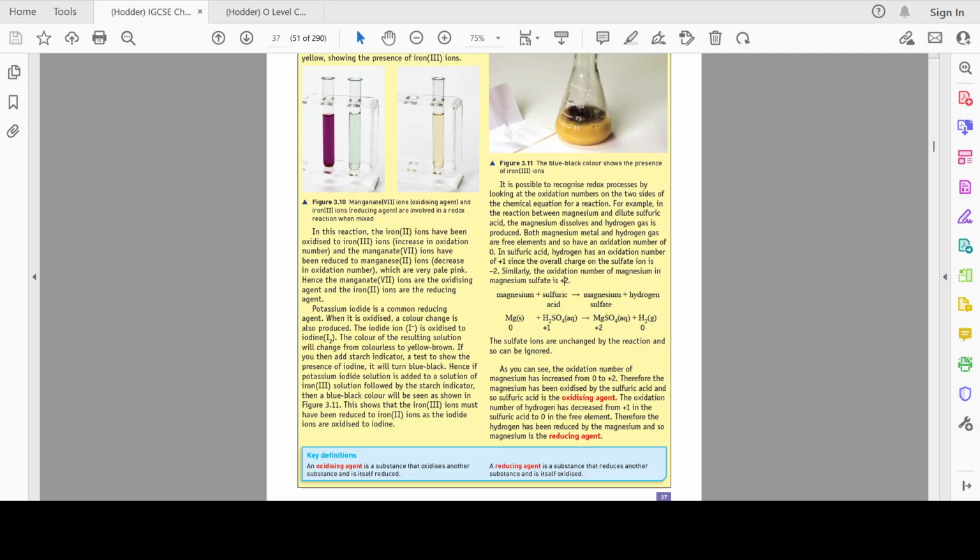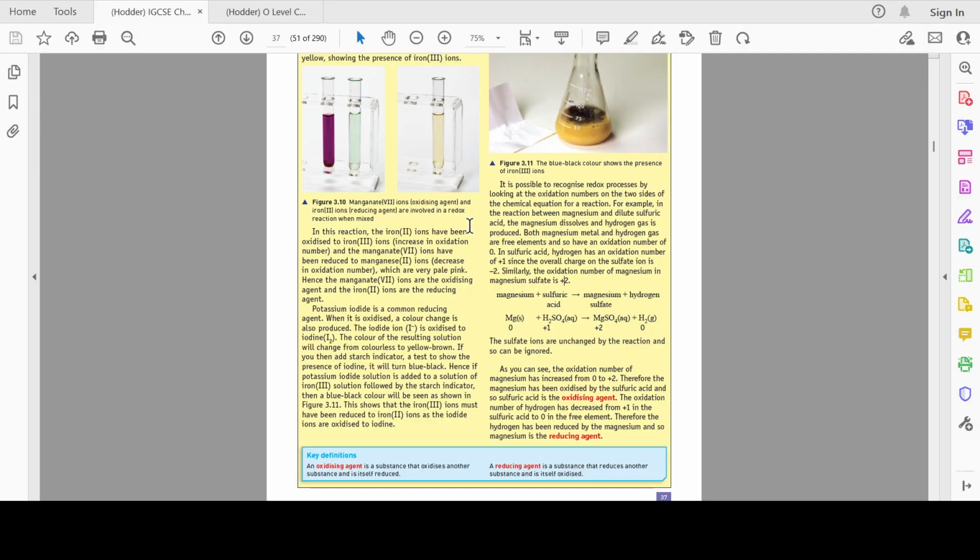What happens is that when it's mixed in with iron 3, it goes from I minus the ion to I2, which is the diatomic molecule form or the elemental form of iodine. And the oxidation number for this is 0. Okay? And so the potassium iodide is colorless, and when it's added to iron 3 solution, it goes from the ion to the elemental form, and the elemental form has a pale yellow color,